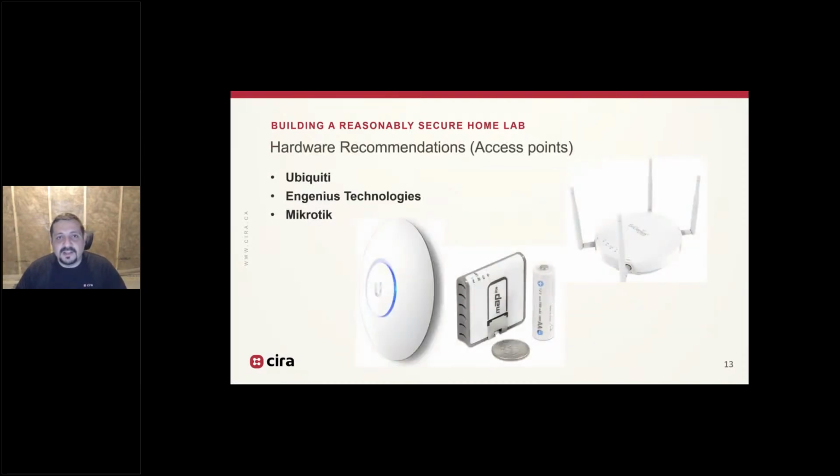هلا بالنسبة للاكسس بوينتس، الحلو بالبروفيشنال اكسس بوينتس زي يوبيكويتي وانجينيوس وميكروتك انه بتعطيني اكسس اني اعمل VLANs حتى على الواي فاي، وبيكون عندي كلاينت ايسوليشن. من فترة انا كان عندي اليوبيكويتي نانو اتش دي عملت لي مشاكل، فحولت على انجينيوس